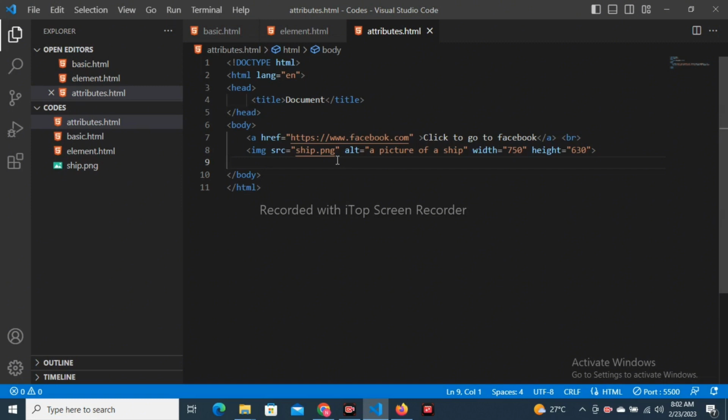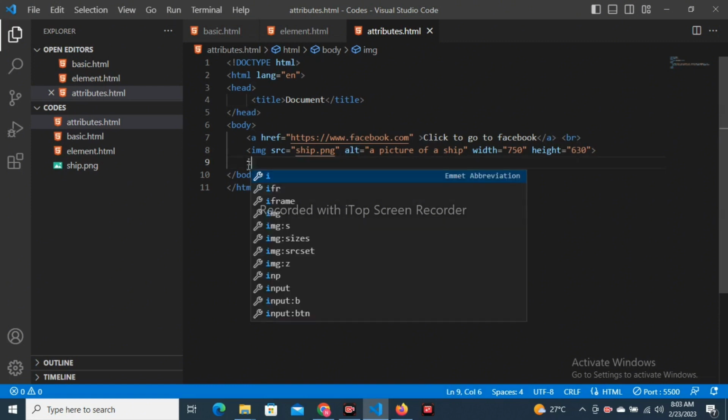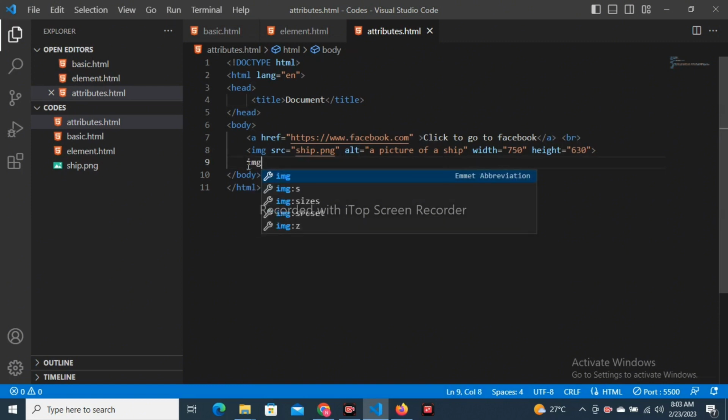All right, let's see. Before that, let me use a shortcut to create this image for you. When you type img, as you can see, it has populated the complete code for the img, the source and the alternative. So when you just type the name of that tag and click enter, it brings it out. So right now,